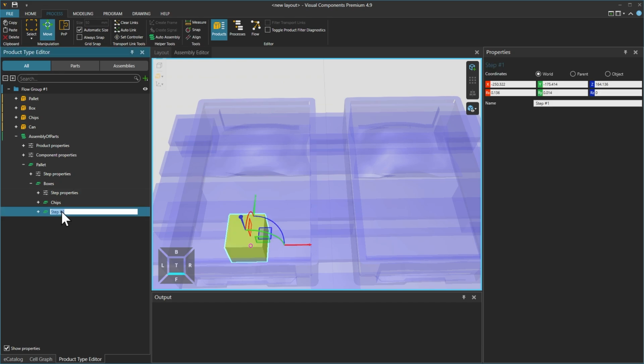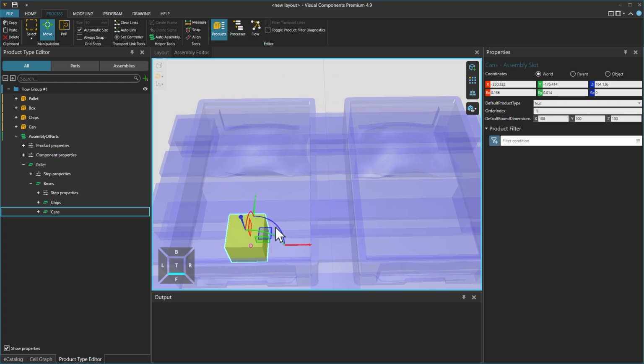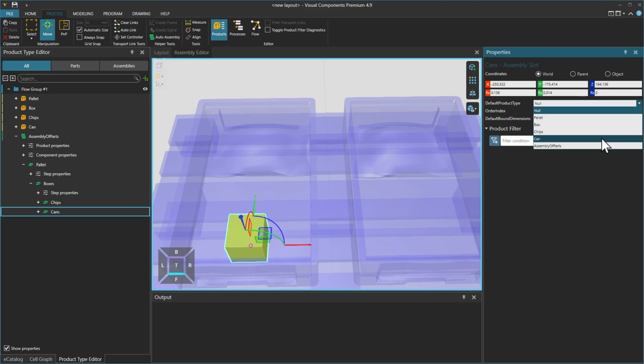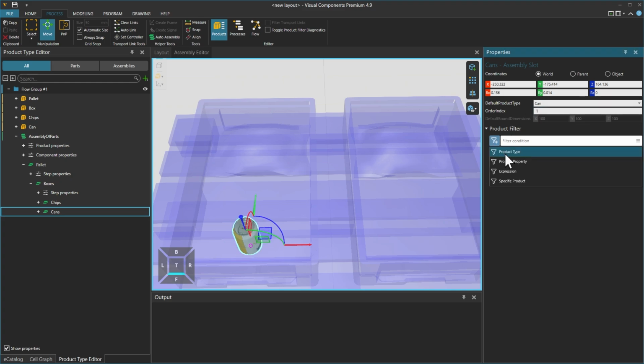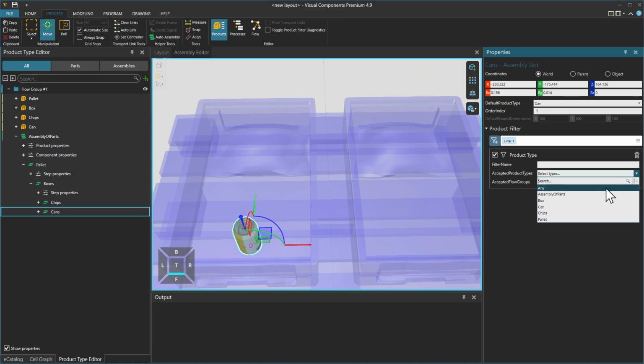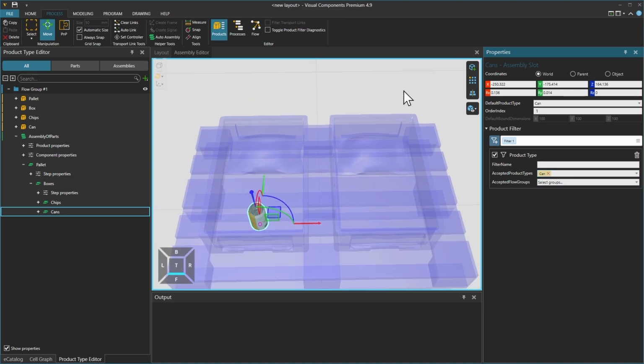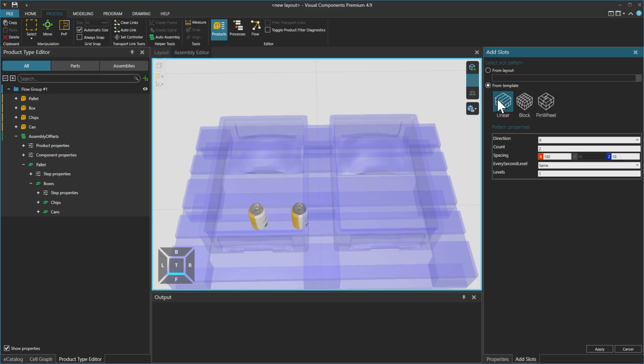Then rename this new step as cans, and selecting the slot, set the product type as can, and add a product type filter and set accepted product types to can. Then using the slot adding and centering tools, create a linear pattern. In the X direction, there is a count of 2 slots.